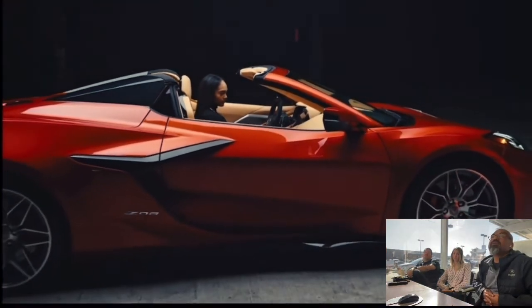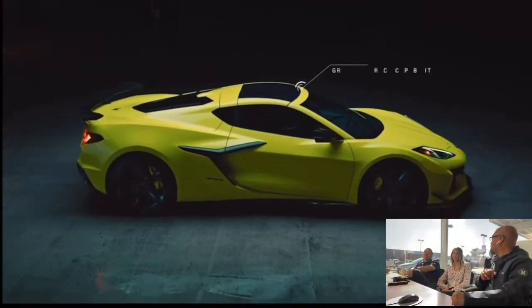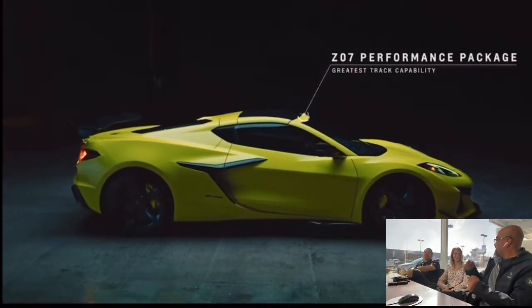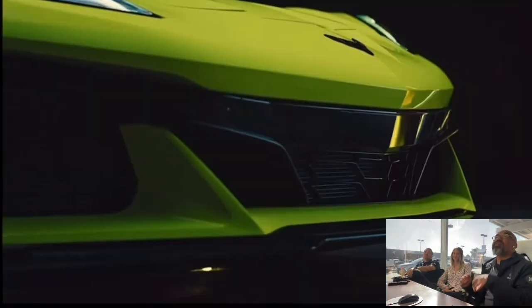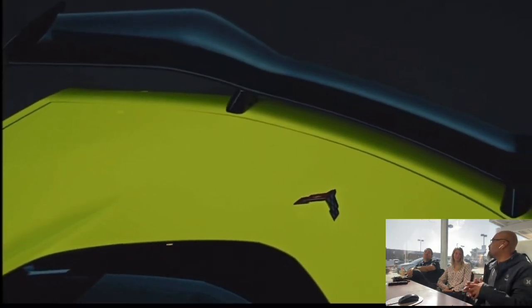Like prior generations of Z06, we have an available carbon fiber ground effects package. You get carbon fiber wheels, and I think that reduces unsprung mass by over 40 pounds. Your wheels are open to